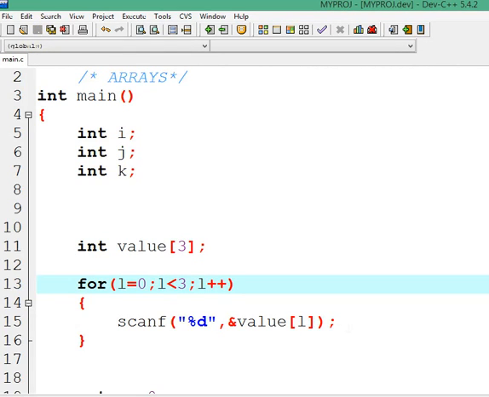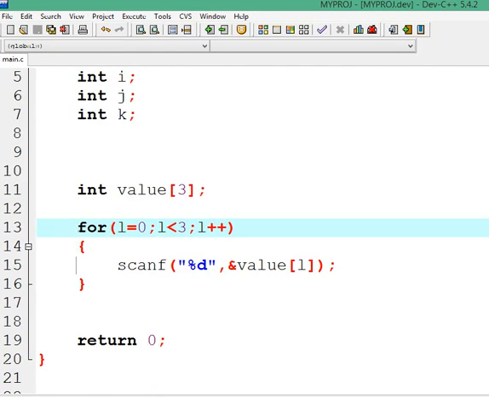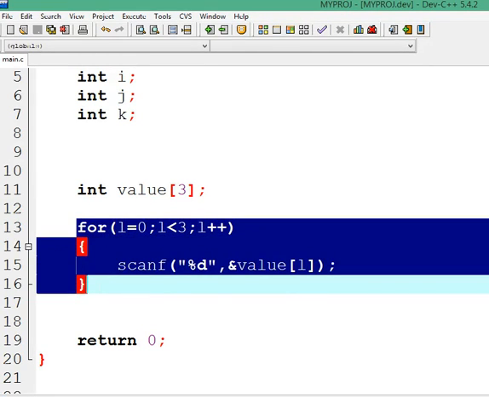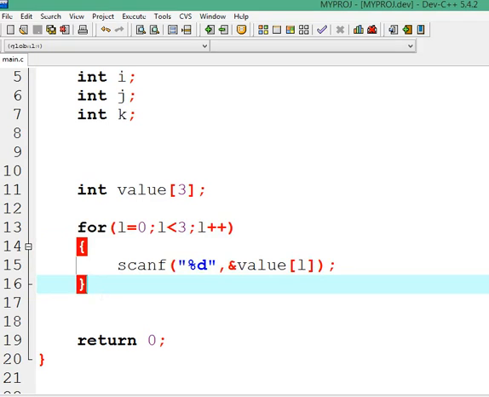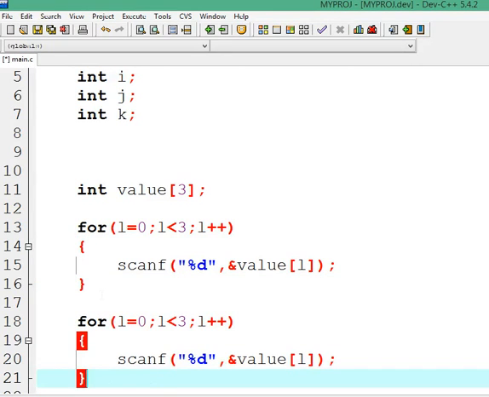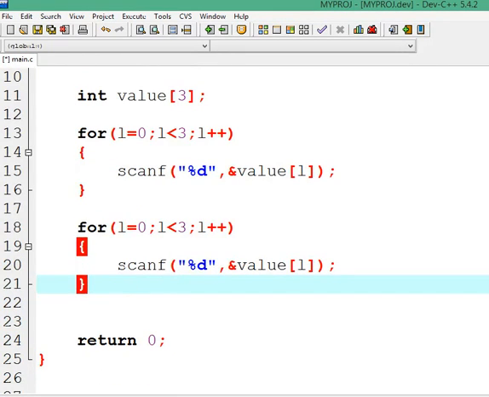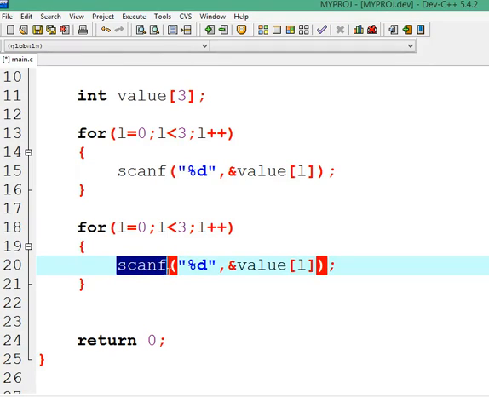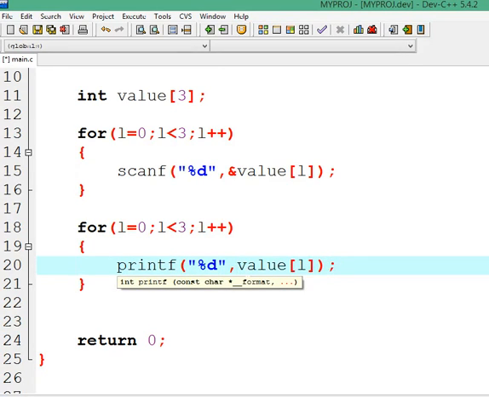So let's find out what it does, because I don't want the value to just be entered, because the user will not be able to see what he has entered. So I will try and show you how we can print these 3 values and show that the user has entered this. For that I'll use printf, again this print %d, and just remove ampersand. This is so easy. Just remove ampersand and you will see